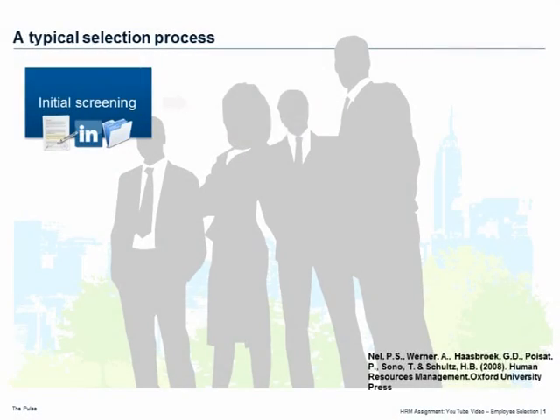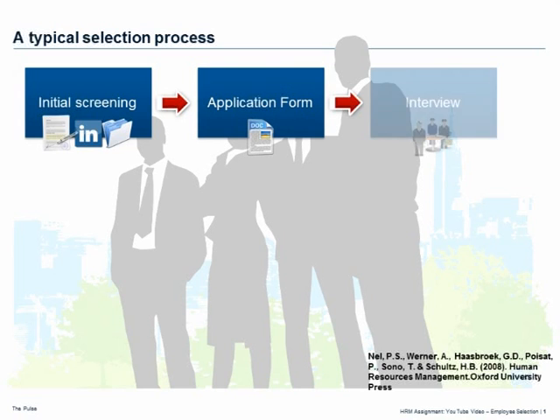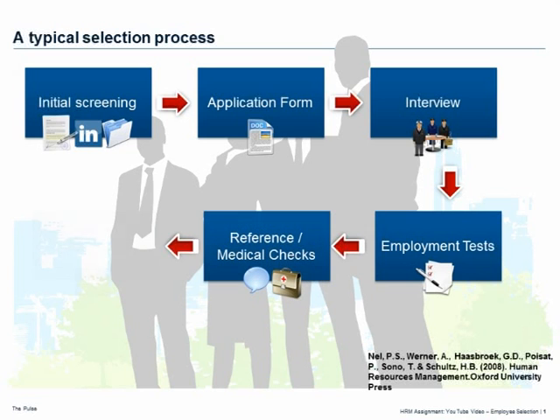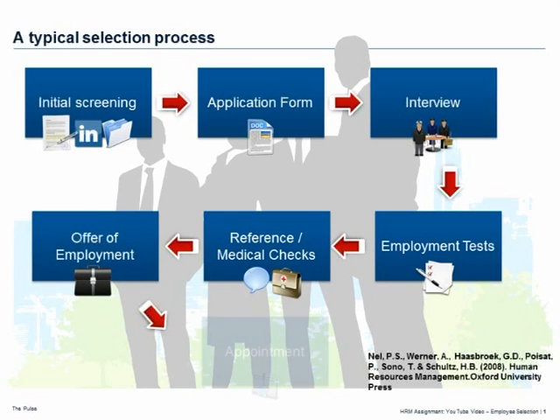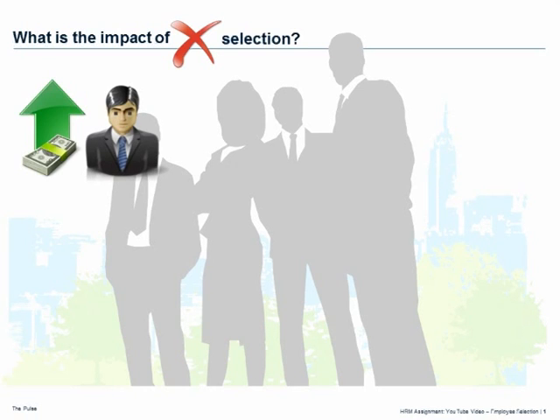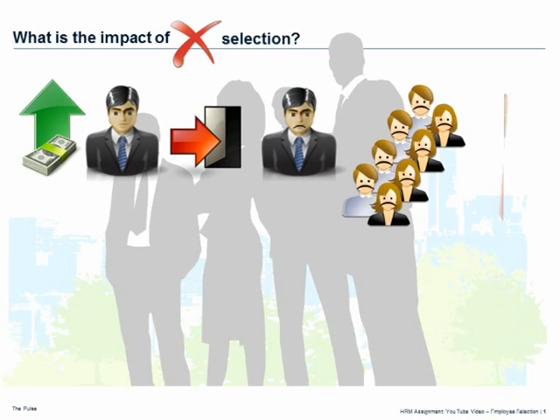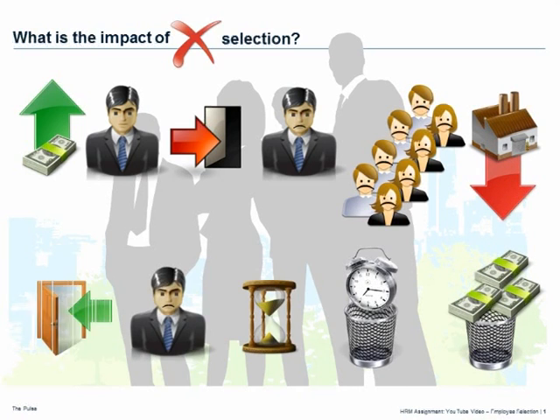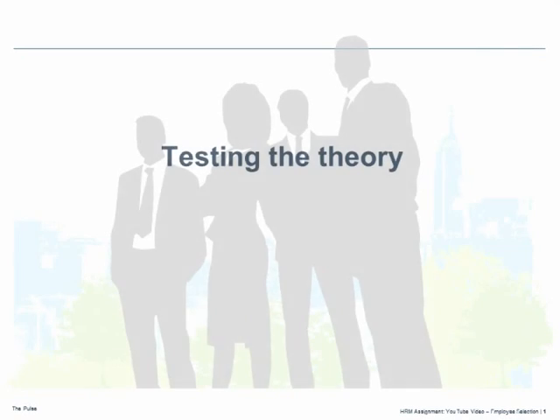A typical selection process consists of the initial screening process, completion of the application form, with only the successful applicants progressing to the interview stage, followed by employee tests and reference checks. Finally, the offer of employment is made to the chosen candidate and the manager is formally appointed. Wrong selection often leads to a decline in employee morale, increase in production costs, loss of revenue, lost time and resources, unexpected staff turnover, and financial implications of repeating the selection process. We will now test this theoretical base against the views of executives from 3 different organizations.